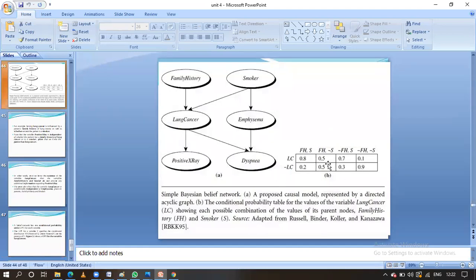By using this table, suppose one person came, there is no lung cancer related information in the family, and he has the smoking habit. By using that information, we are going to predict that there is a probability of 0.7 for that particular person to have lung cancer. Another person came, in the family history there is no lung cancer related information and he is not having the smoking habits. What is the probability, guys? There is a lower chance, that is 0.1. In this way also we are going to predict and classify. We can also learn how we classify.